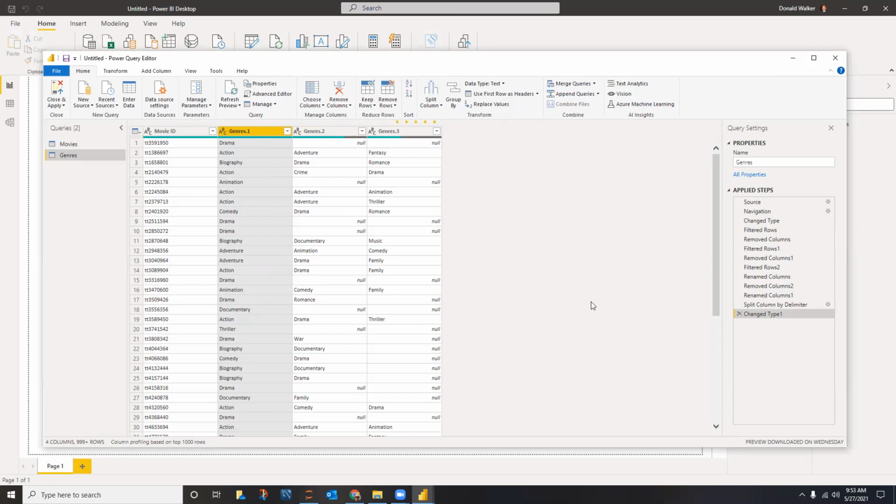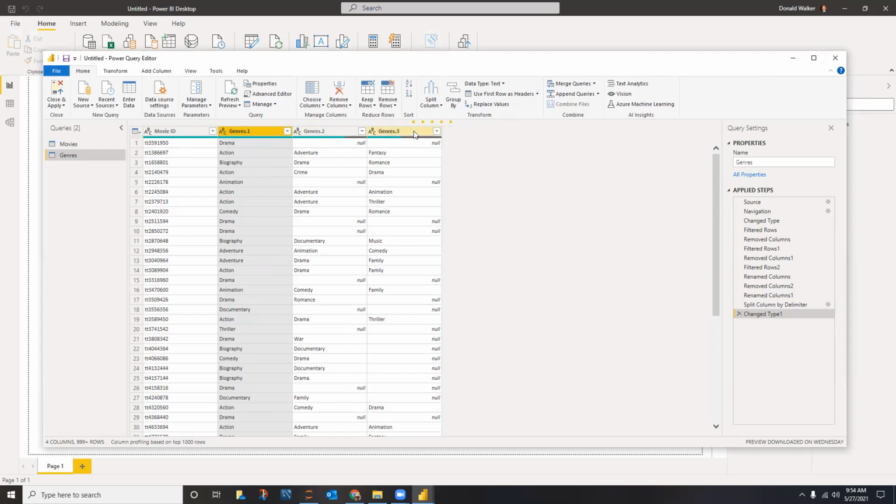Okay, so what we really want though is a row in this table with no duplicates. That is the movie ID and a genre, and that can repeat. It will repeat up to 3 times. But what we really want is movie ID and a genre, like that movie ID and action, and then we want that movie ID again, and then another row with adventure in it. So that's where we can unpivot is the name of the function